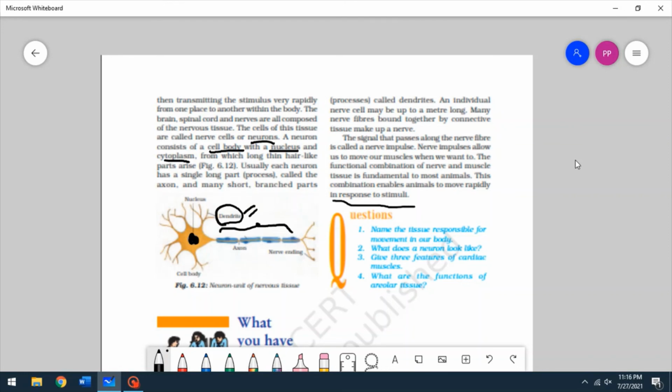If there is a hot object, we move away from it, like if it's really hot, or if there is rain, if we don't want to get sick, we move away from it. Those are stimuli, and a combination of the nervous tissue and the muscular tissue causes movement, which helps in the survival of animals. Alright, so these are the 4 questions again